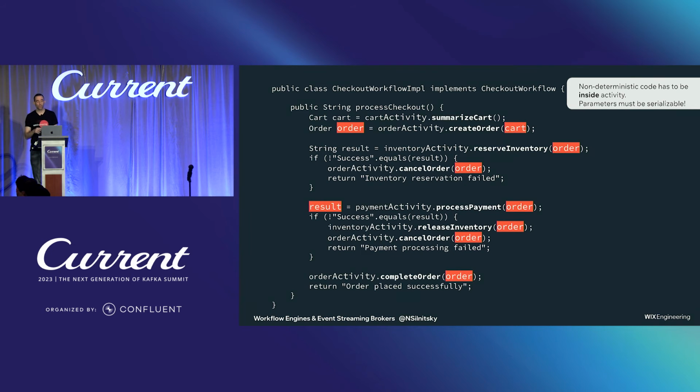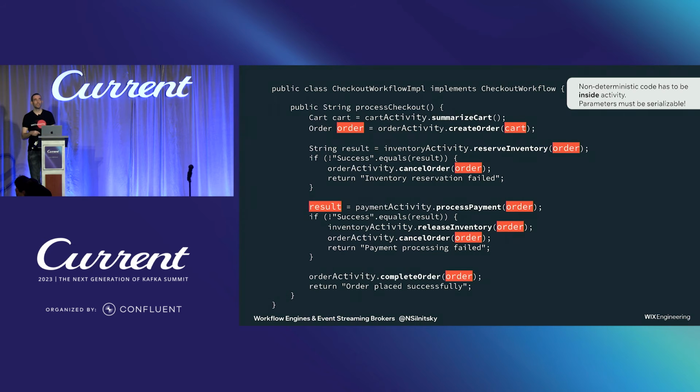Now, all the red marks here where you provide parameters to the methods, activity, and the values that they return, they have to be serializable. In one of my experiments, I needed to process an exception.